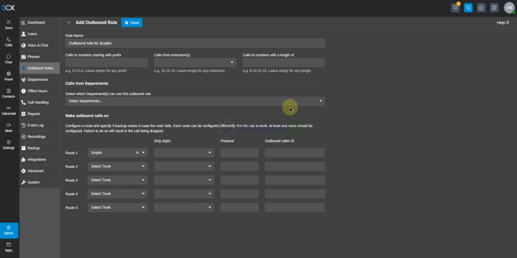So from here, for outbound, if you want to add a prefix, like this one, if you want to prefix 63, you can set which extension, call from extension 10 or 11.